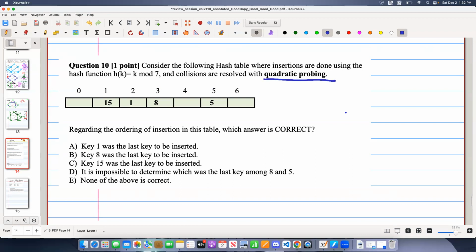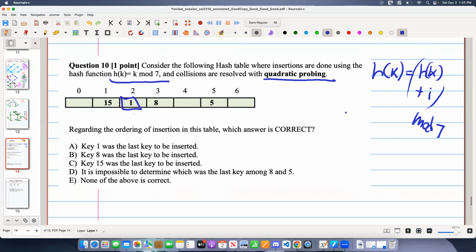We have quadratic probing. Quadratic probing means h(k, i) is equal to h(k) plus i squared, mod M, and M is the size of the array. In this case, it would be 7. And it gave you it here, which is nice. So let's just go through quickly. We know that